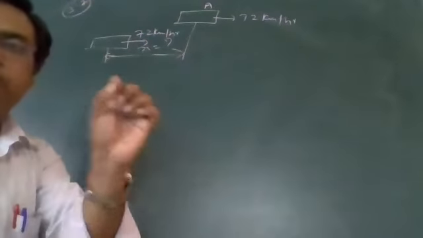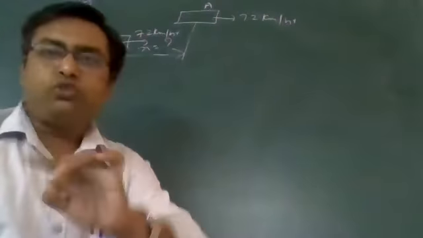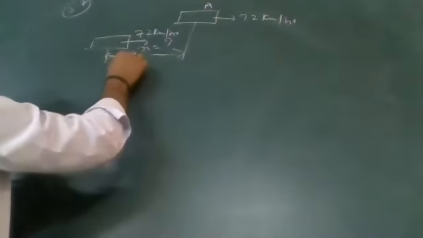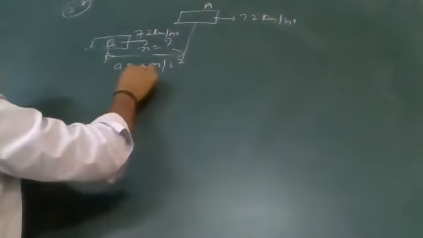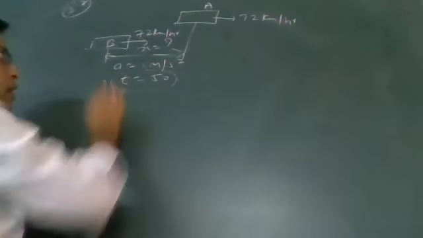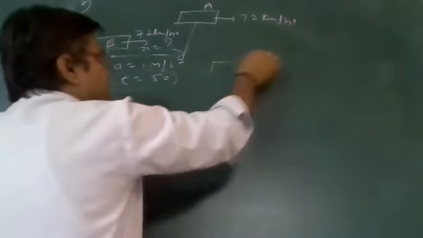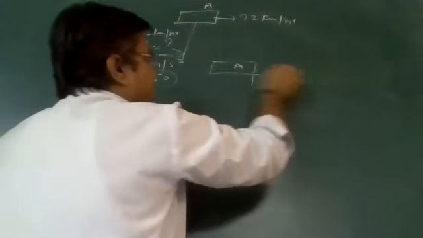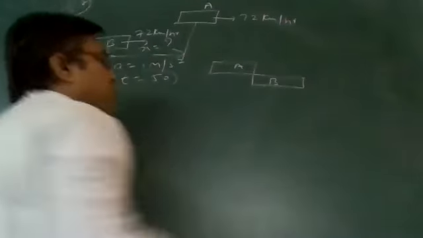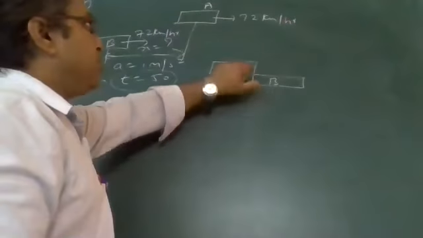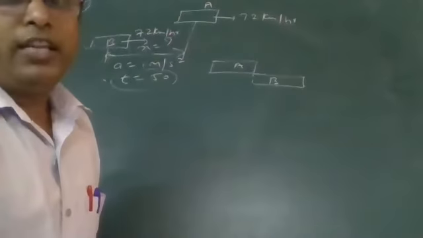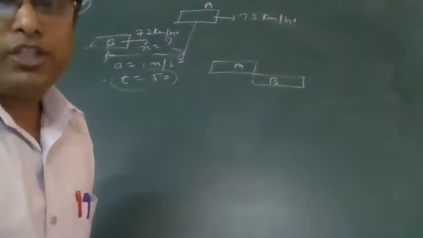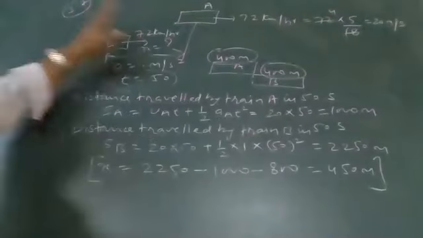Now, B decides to overtake A. And B is given acceleration of 1 meter per second square, and after 50 seconds, what is the position? It is the train A and it is the train B. That means guard of train B just brushes past the driver of A. You have to find out what was the initial distance between the trains. That was your question. What is the solution here?